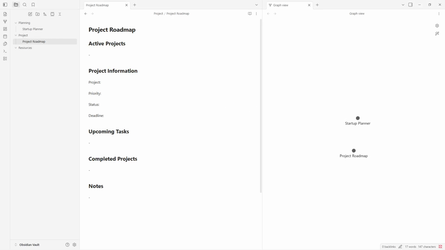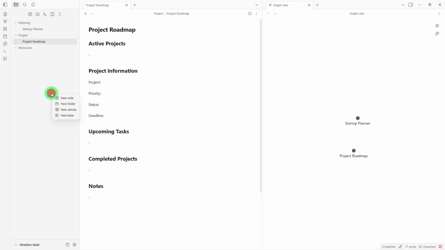As you launch new initiatives, you can create separate note files inside the Projects folder for each major effort. For instance, a note for building your MVP, another for your launch campaign, and one for fundraising. Each project note should include the objective, expected outcome, progress updates, key decisions made, and next actions. Keeping them separate means you can focus on one project at a time, while still seeing the big picture in